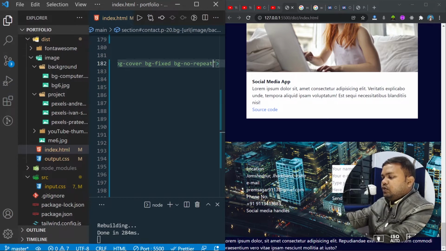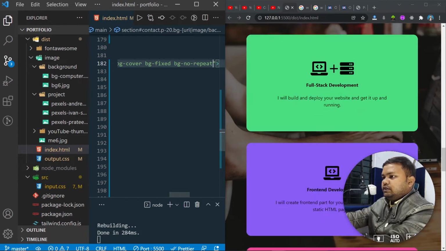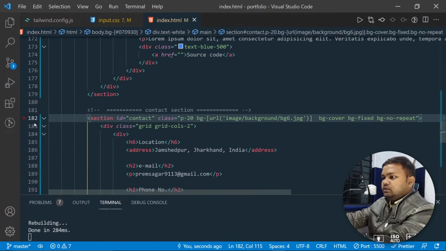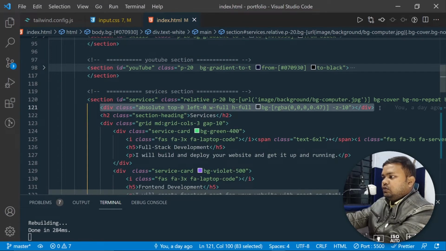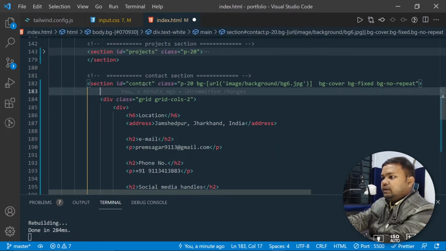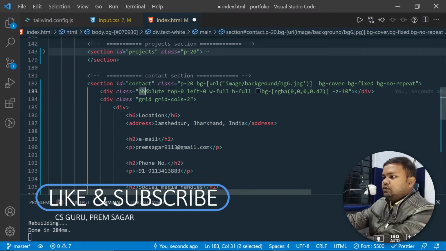I want to give it overlay just like we did in this services section. So what I'll do, I'll simply copy the overlay div from services section. So let me collapse this project section, and here is this overlay div. So I'll just copy it and I'll collapse this section also. Now right after the opening tag of this section, I'll paste this div,